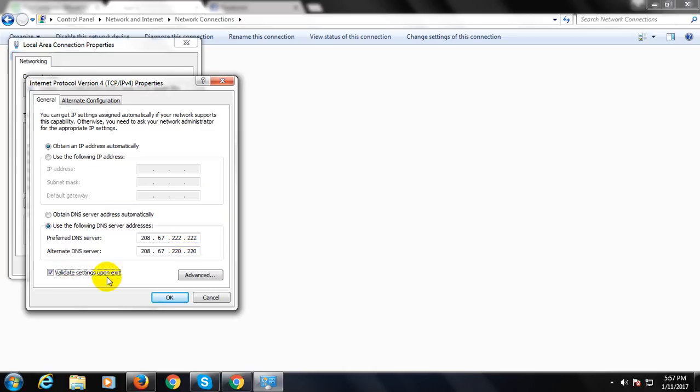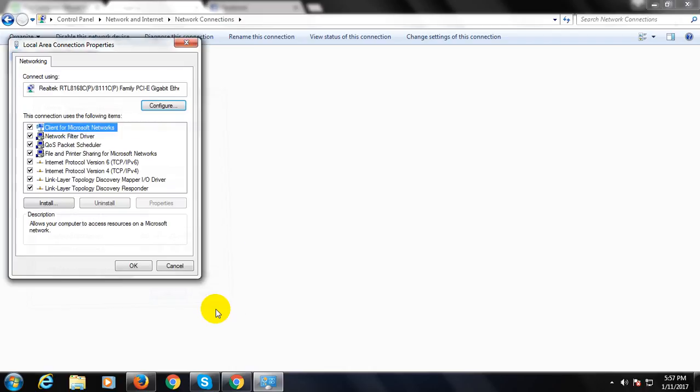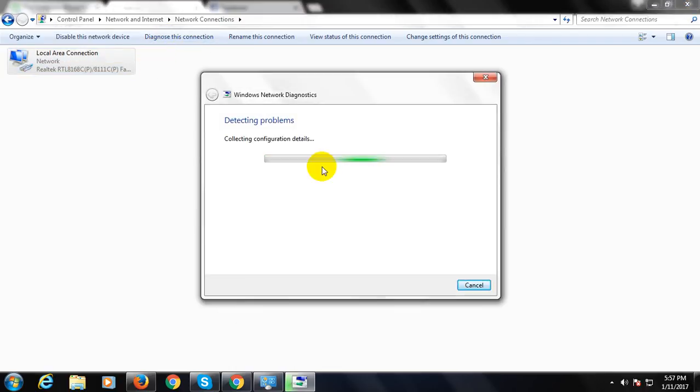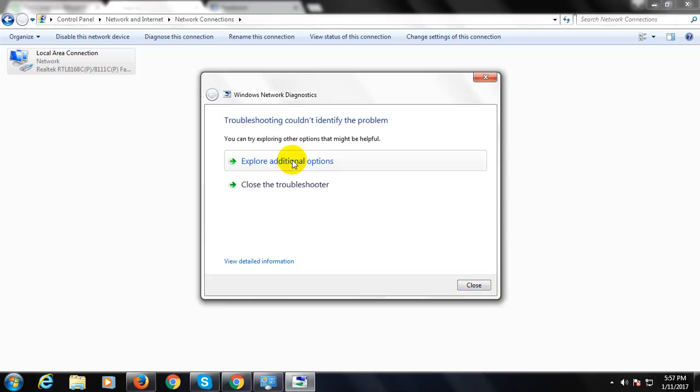Validate settings upon exit, no any option. Detecting problems, correcting configuration.